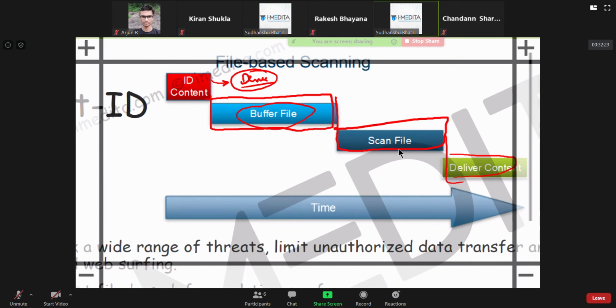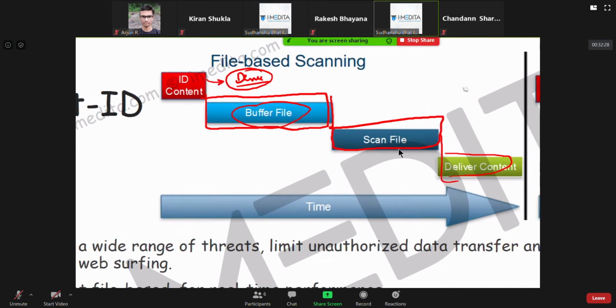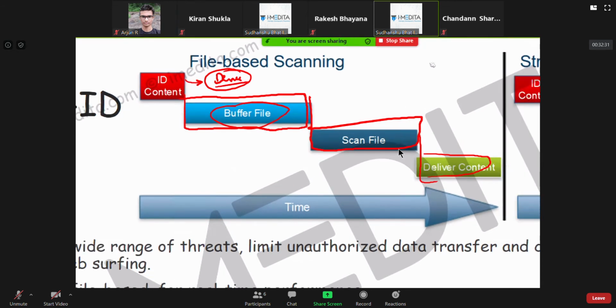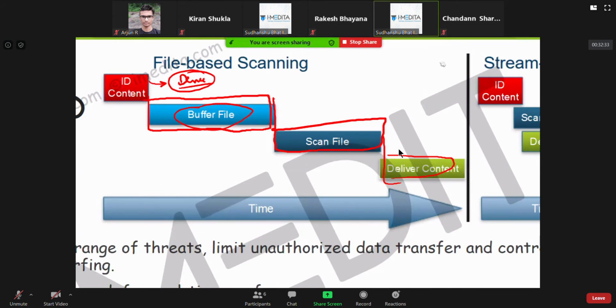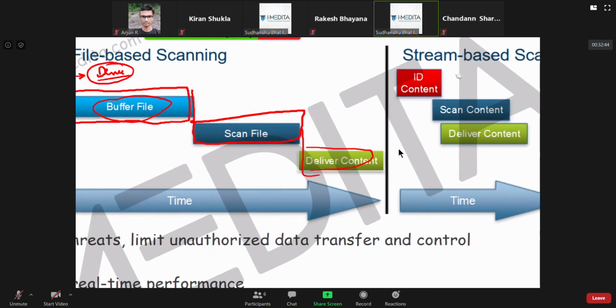Whereas compared to this, in stream-based scanning, as soon as somebody starts requesting a file and the file starts getting delivered to the firewall, it starts the scan. When it has scanned a sufficient percentage of the content, it will start delivering the content.